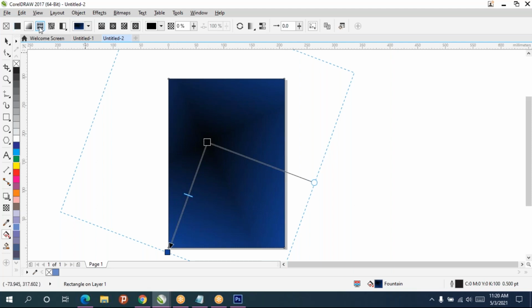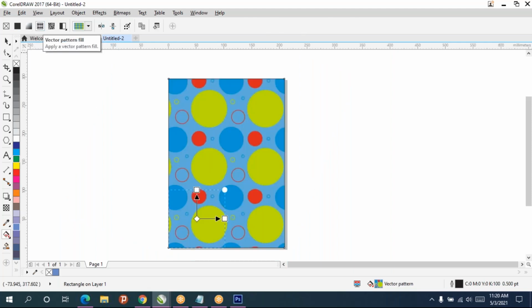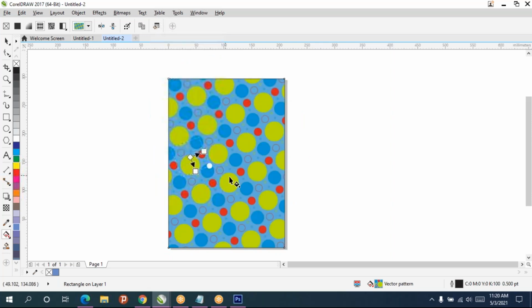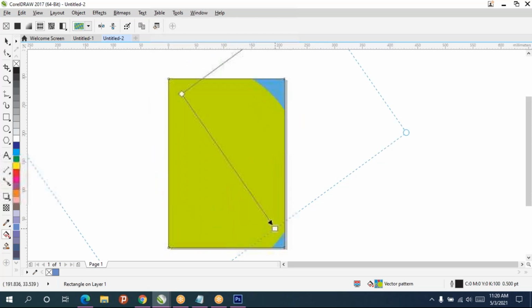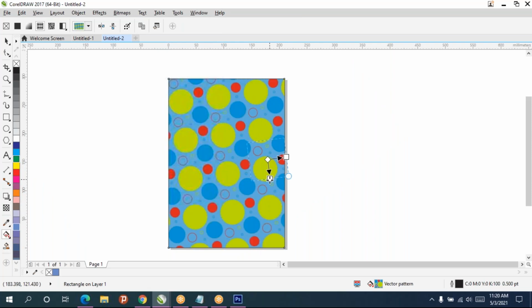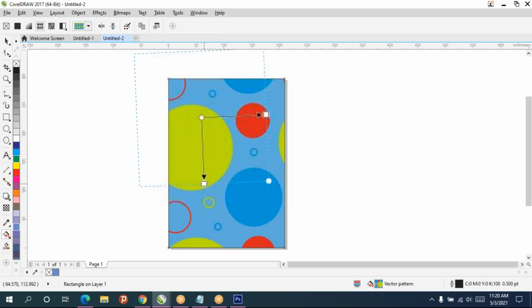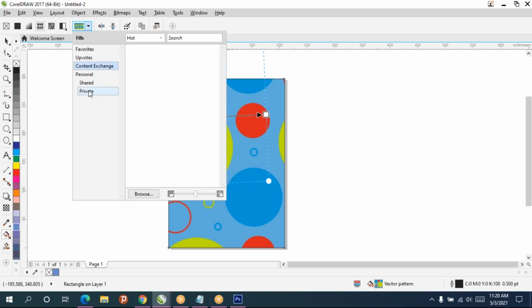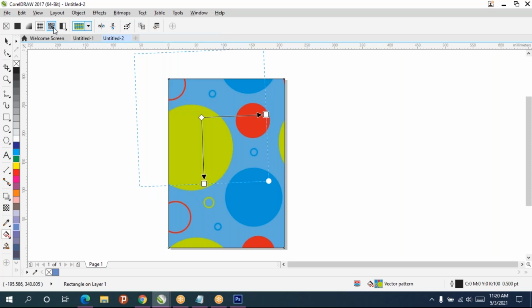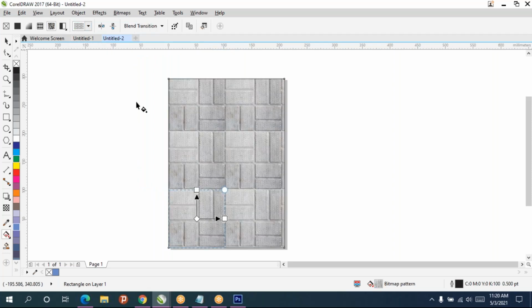When you're applying interactive fill, you can apply some textures also, instead of gradient. We have lots of textures by default. If you click and drag too much, it will come bigger or smaller.